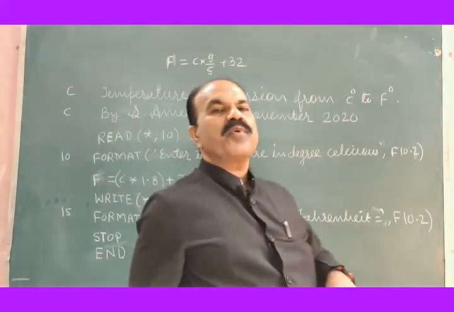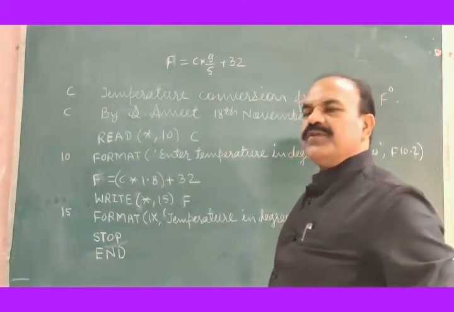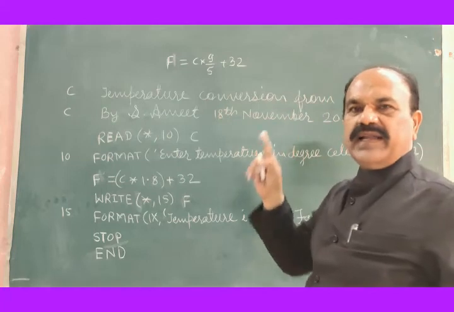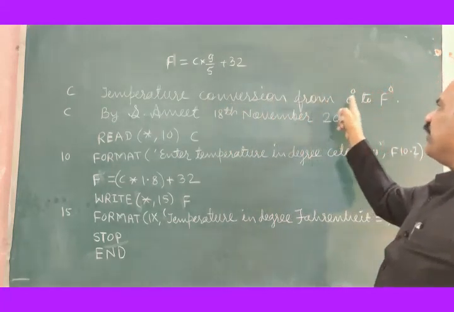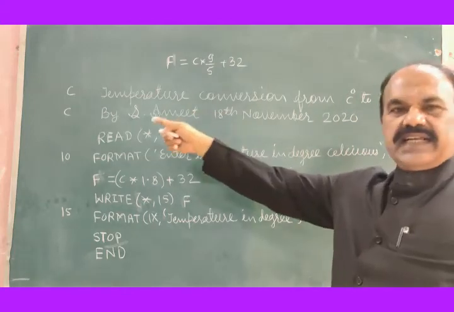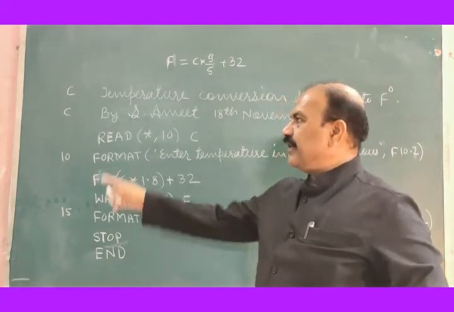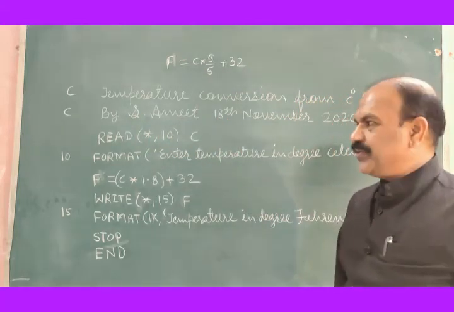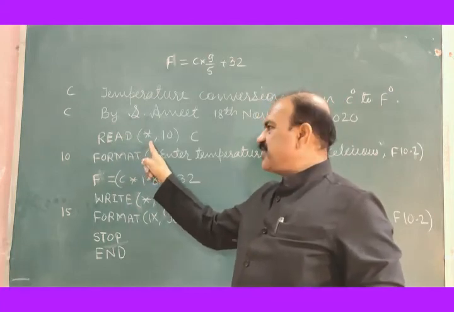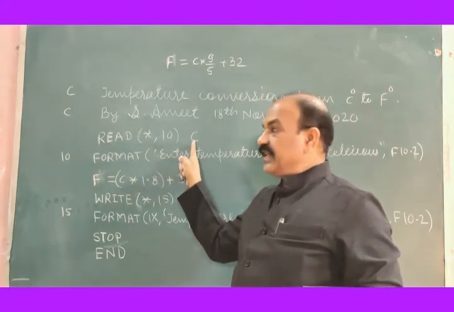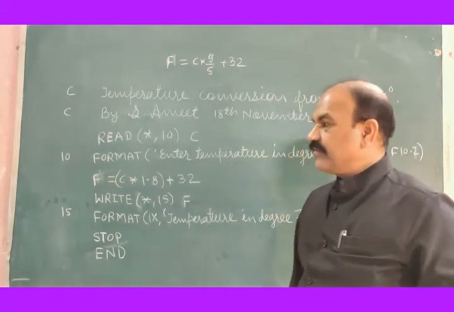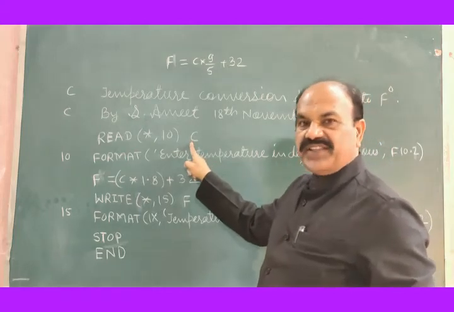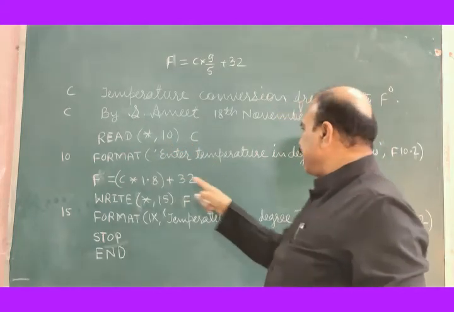This is the simplest program for conversion of temperature from degree Celsius to degree Fahrenheit. First line, comment line, temperature conversion from degree Celsius to degree Fahrenheit. Second line, again comment line, giving information about the author and the date on which the program is developed. Read asterisk, 10, C. It is a read statement. C is a variable whose value is to be read, and what is the format for reading this C? Given by statement number 10, that is